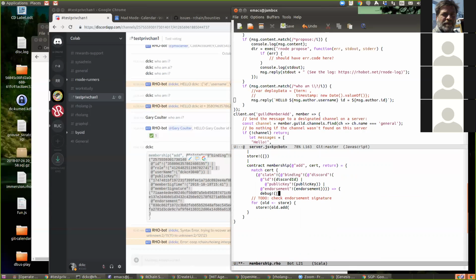So what goes out to standard error now? I'm just going to make sure that I can match this stuff.